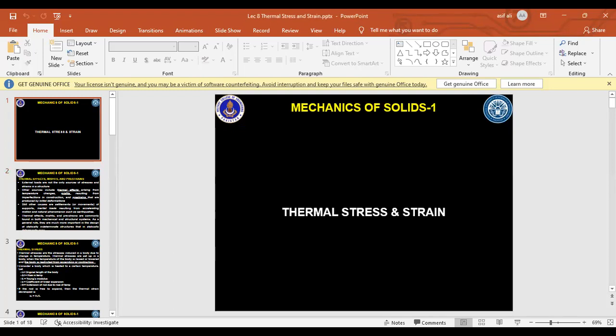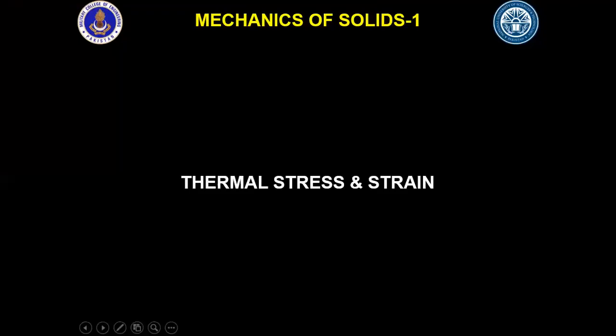Okay, Bismillahirrahmanirrahim. So the next topic is thermal stresses and strains. As I was explaining earlier, due to temperature changes, different sorts of materials behave differently, and their behavior depends mostly upon their coefficient of thermal expansion. And as we already know, materials do expand whenever they are heated, and they contract when they are cooled down. So, in general, different materials have their standard coefficients of expansion depending on their composition, their material property,